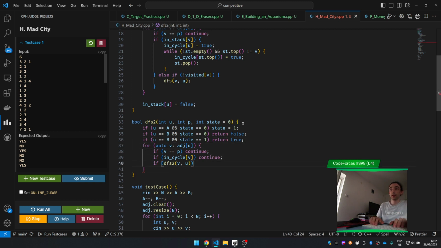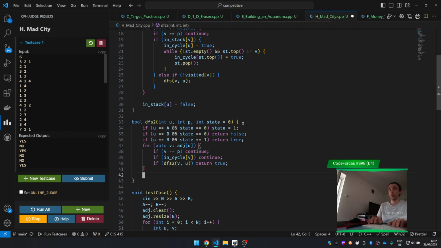Okay, if that's true, return true. Return false. So we just go to the next if it's not in a cycle. Yeah, if it's not in the cycle, so it's like outside the cycle, we check all of the branches. If this is the case, we set the state here to be 1. If this is in state is 0, return false. This state